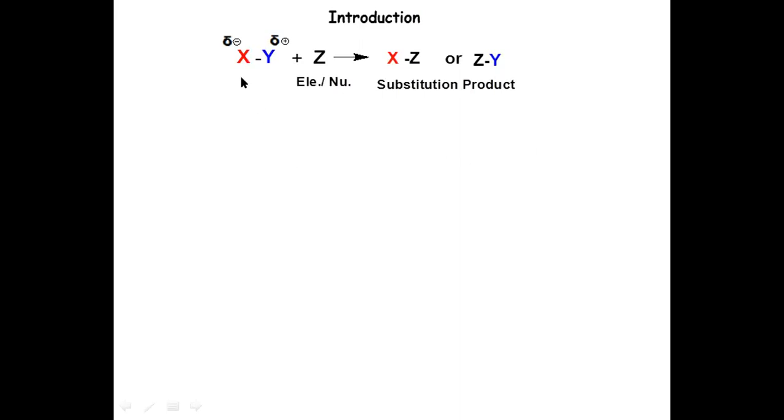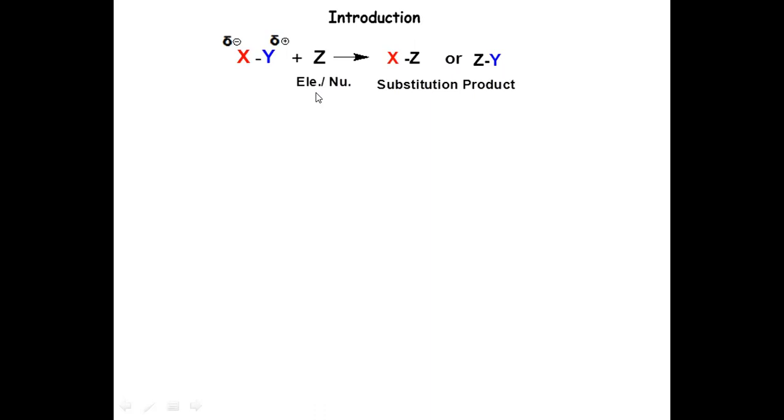Now if I have a reactant, let's say XY, and it reacts with some reagent Z, then there are 2 possibilities. If it is a substitution reaction, it is going to replace some group, either X or Y. If it replaces Y, then I'll get product as XZ, and if it replaces X, then I'll get product as ZY. Both possibilities are there. It depends upon the nature of Z, that is the reagent. Now Z can be of 2 types. It can be an electrophile or it can be a nucleophile.